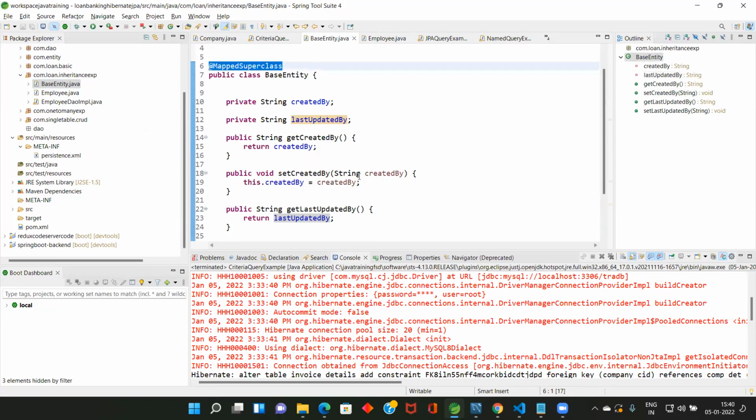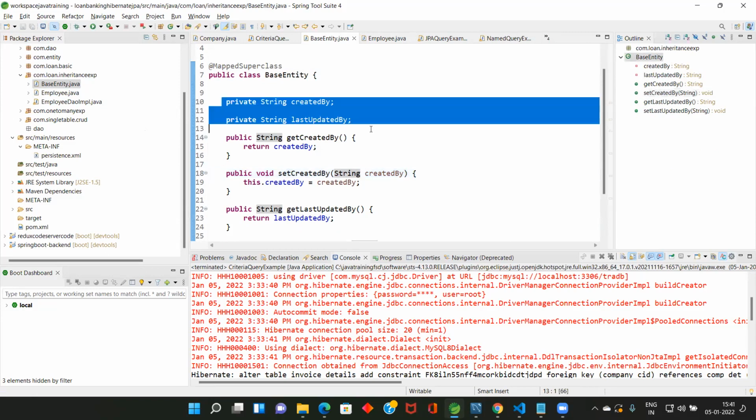So what is the use of inheritance? When there is common behavior across two subclasses, we can move that logic into the superclass. Otherwise you write these columns in the employee and then in all the entities, and that is not right. That will put you into a lot of trouble with code maintenance. That's the main use of inheritance.